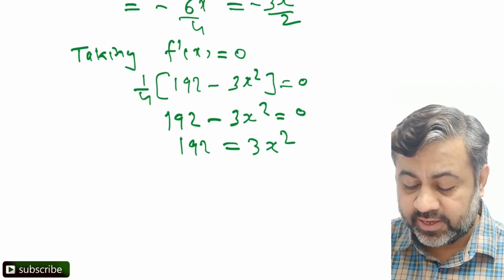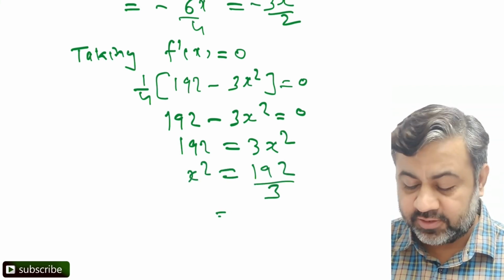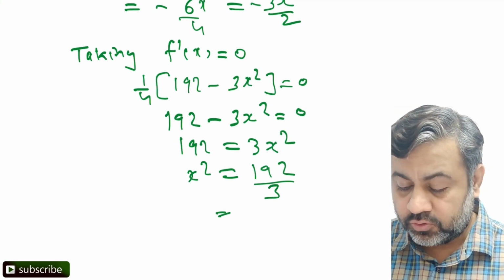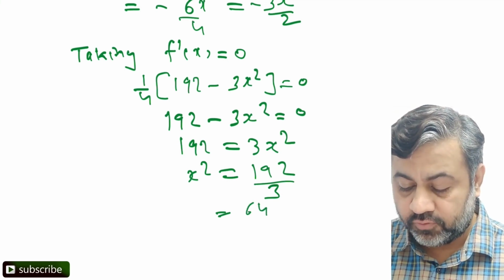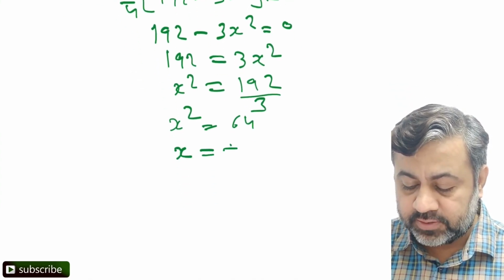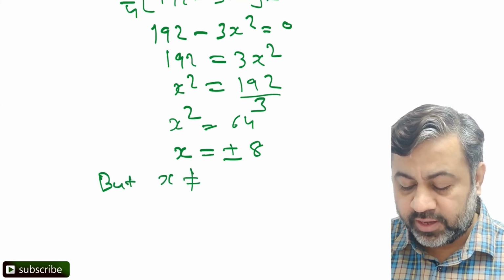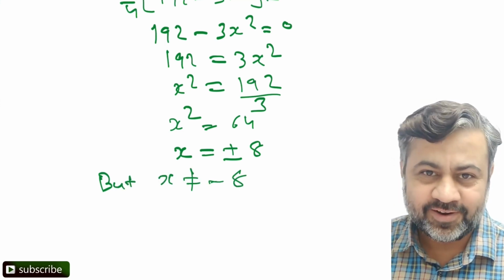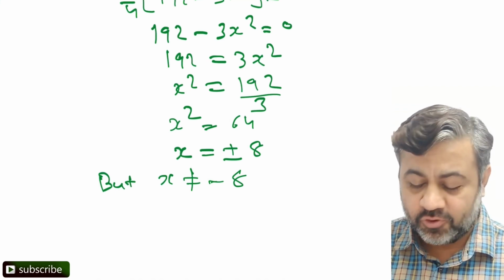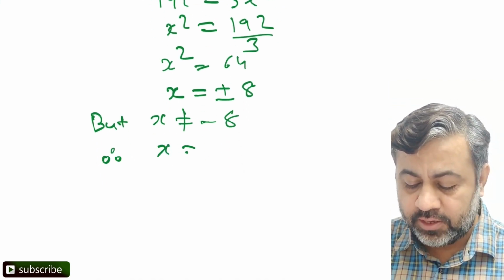So 192 by 3 करना है मुझे. So what I get is, I get x square as 192 by 3. इसको simplify कर देते हैं. 6 3 18 हो रहा है वहाँ पे. So and 64. So x square will be 64. So x will be plus या minus 8. But x cannot be equal to minus 8, right? x तो length है, right? वो negative तो होगा नहीं. So x cannot be equal to minus 8. Therefore I get x का value to be 8.